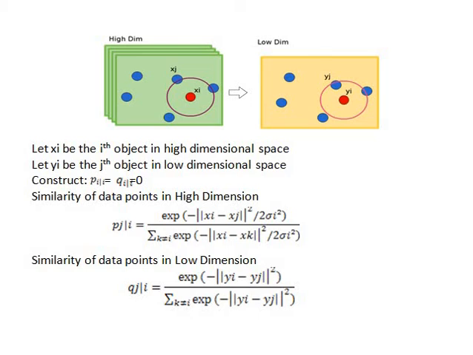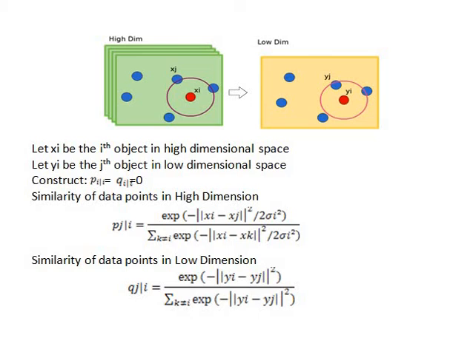These distances are calculated to obtain the similarity probability like this. The similarity of data point xj to data point xi is the conditional probability p(j|i), calculated like this, where xi is this data point and xj is this data point. xi would pick xj as its neighbor. Neighbors are picked in proportion to their probability density under the Gaussian centered at xi. Here xi is the Gaussian center, and the number of neighbors surrounding it is its Gaussian cluster. A similar procedure we apply in the low dimension also, where we obtain the similarity probability of the same data points.